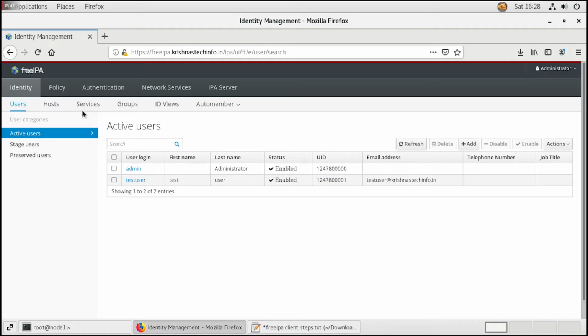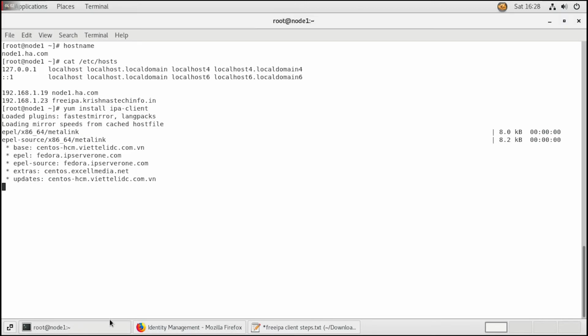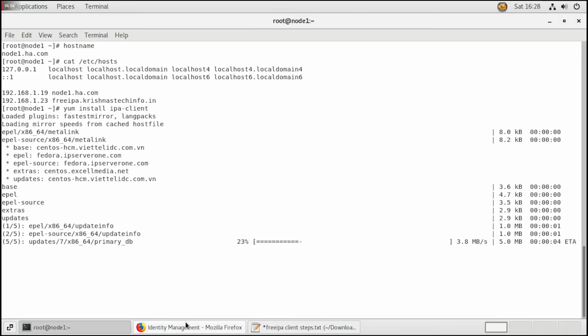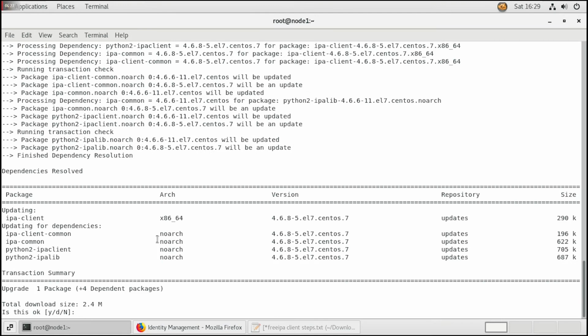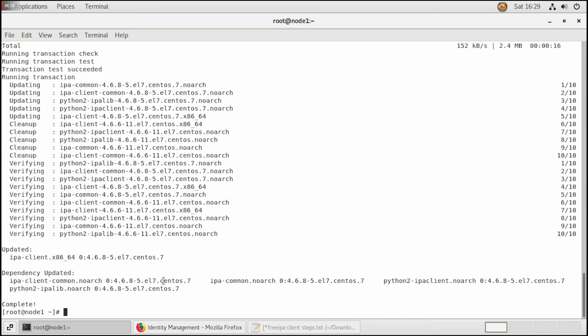Now in the host you can see there is only one host name, which is the master FreeIPA server, which has the host name freeipa.krishnastechinfo.in. So now we can add this node1.ha.com to this FreeIPA server now. Now it is downloading and installing the packages. Now the packages are installed.